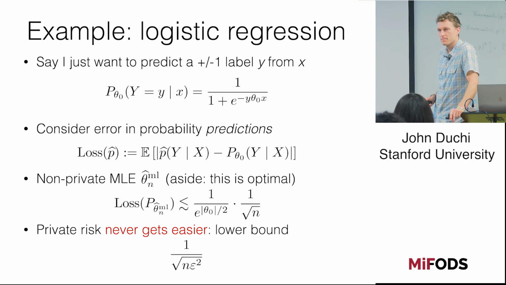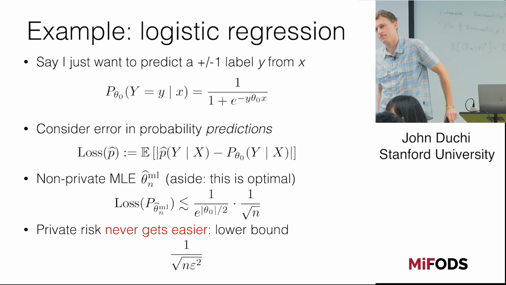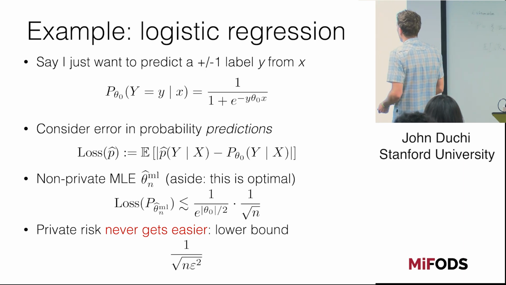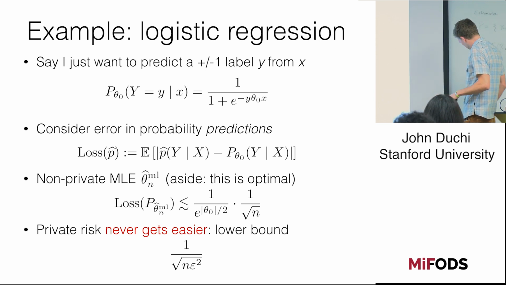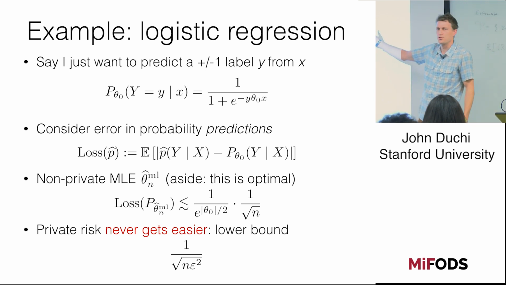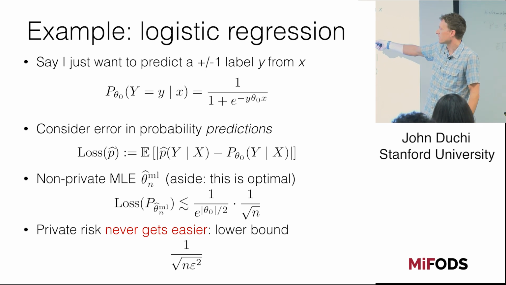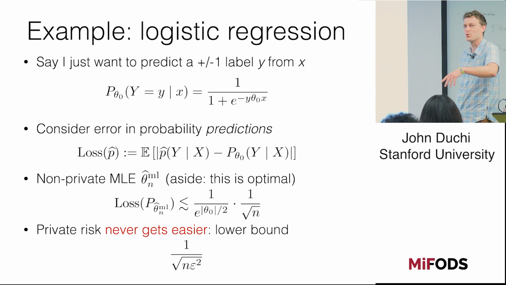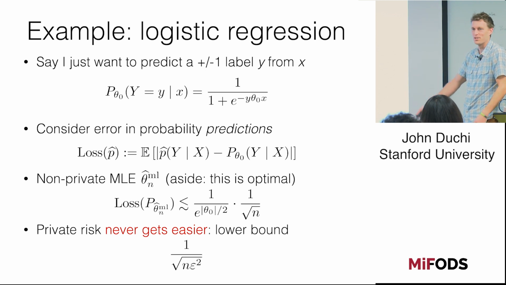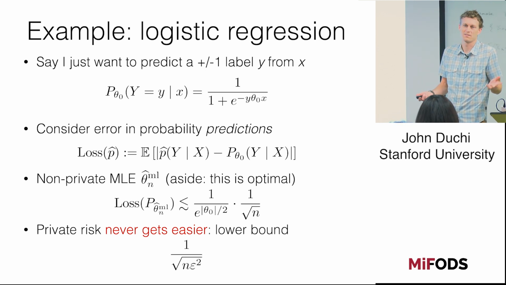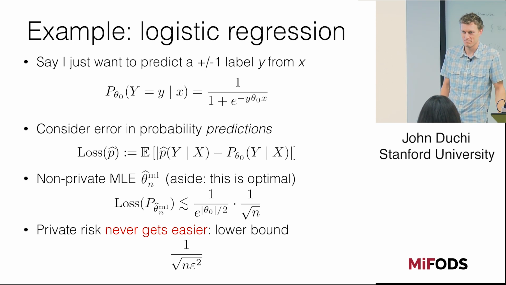So to apply the previous theorem in this setting, is there a distribution over x's? Oh, yeah, sorry. I was being a tiny bit cavalier here. My x's are just uniform plus or minus 1. I choose x uniformly from plus or minus 1, and then y is drawn conditionally on x according to this model. We could do different distributions, but to get this very clean characterization, we just make our lives easy. We can do other ones, but it's kind of the same story.